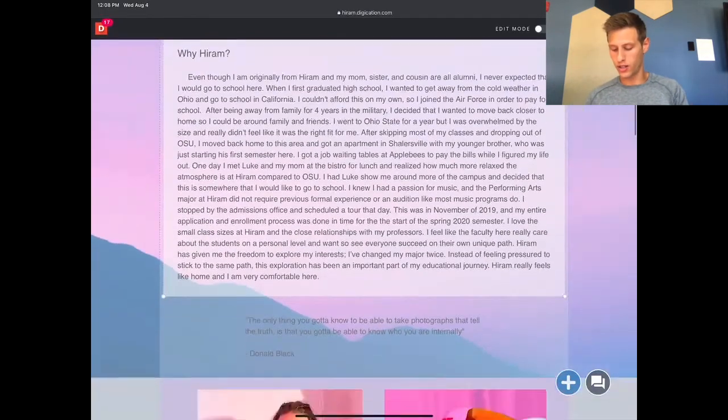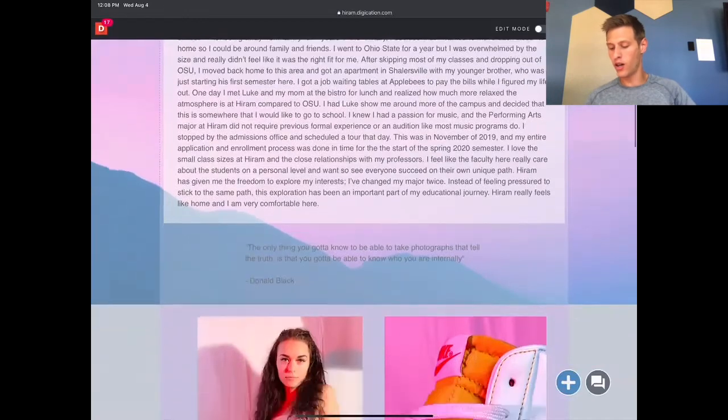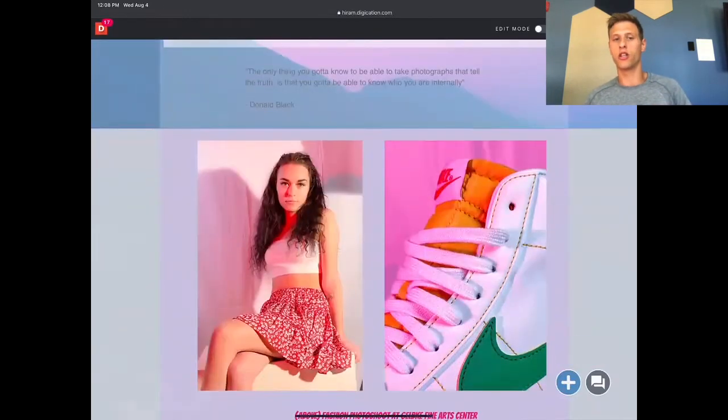So I included a quote from a photographer who we learned about in the photography class that I took in the spring. He was actually a friend of my professor, but we watched a video about him, and some of the stuff that he said about his work really resonated with me. So I just included a quote from him here, along with some of my favorite pictures that I took during that class and some pictures that I took afterwards, because photography turned into a hobby for me that continued on